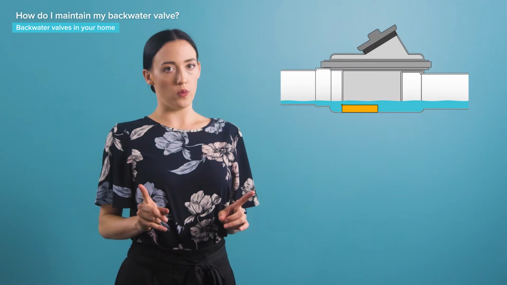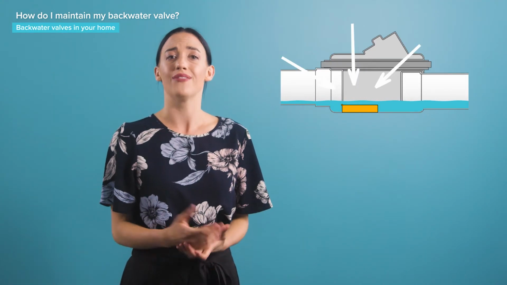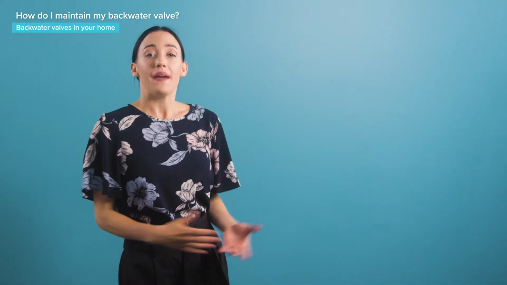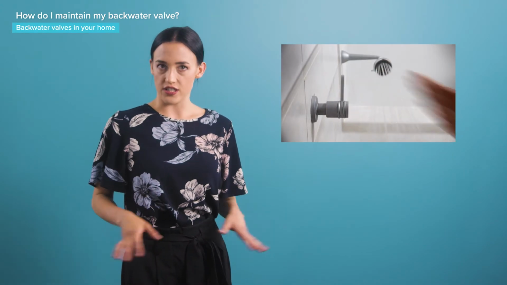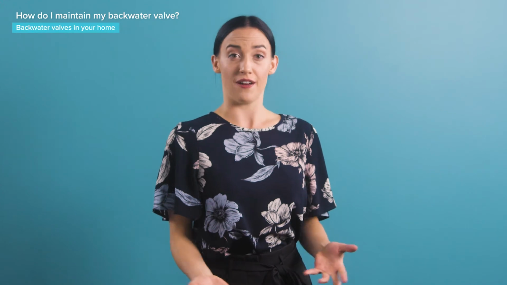Whew! Once they're installed, backwater valves don't need much attention. What you will need to do is pop open the cover once or twice each year to make sure the valve isn't blocked. If there's anything stuck on the valve, it might not be able to seal shut when the time comes. Opening the cover and cleaning it out isn't hard. Make sure you're wearing rubber gloves, and ideally, eye protection. Clean yourself up thoroughly afterwards too. I don't think I need to elaborate on the type of stuff that flows through a sewer backup valve.